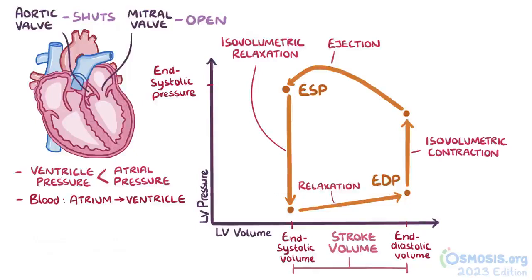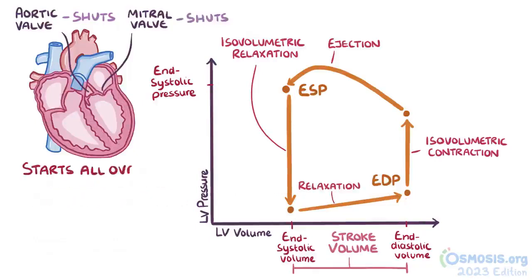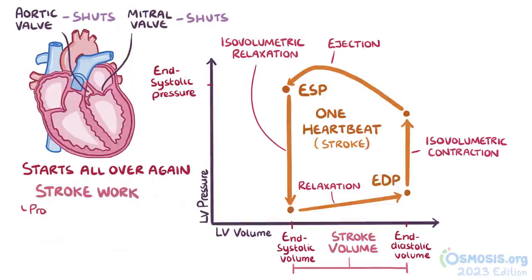This relaxation phase goes on until the mitral valve shuts, and then the loop can start all over again. All of this happens during just one heartbeat, and with every heartbeat, or stroke, the heart is doing work, and that is called stroke work, and it's proportional to the area inside the loop. So in other words, the bigger the loop and the more area inside of it, the more stroke work is